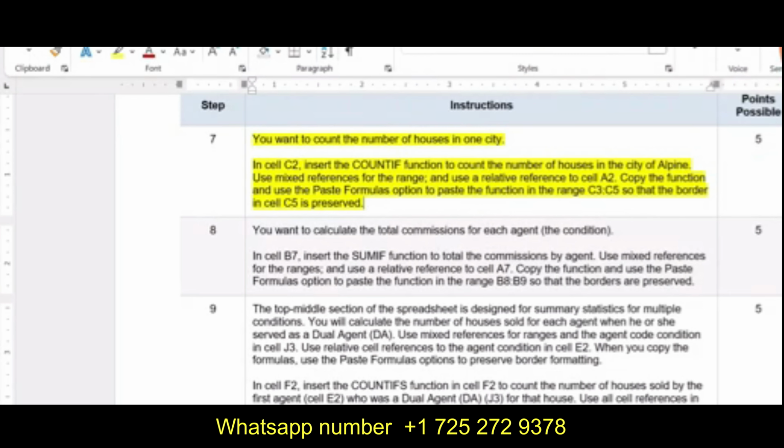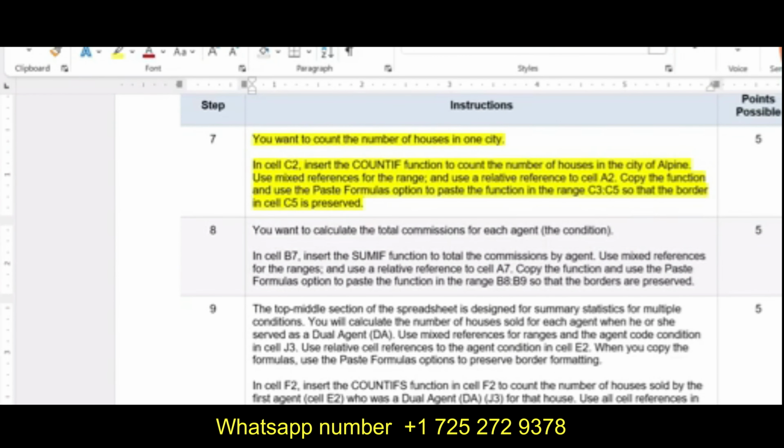So in C2 we are going to calculate the number of houses in Alpine City. Use mixed references for the range and use a relative reference for cell A2. Copy the function and use the paste formulas option to paste the function in the range C3, C4 and C5, so the C5 border is preserved.